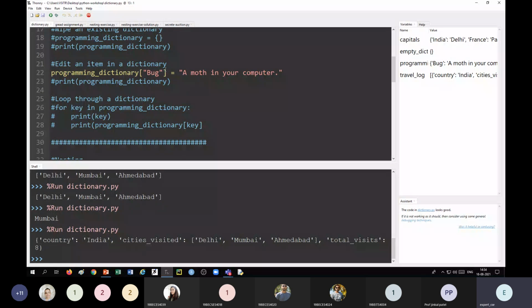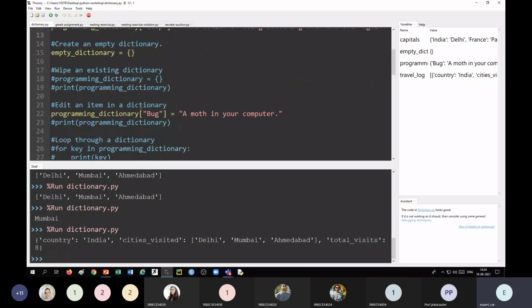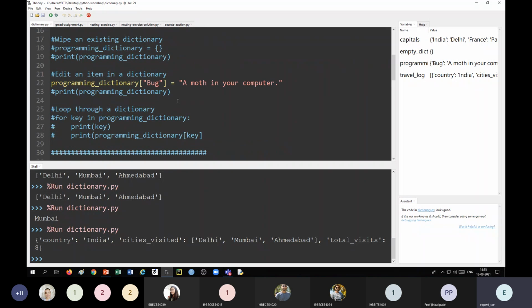Now suppose we add an element in the same way as we have added this, and the key already exists, then the key value will be changed. So we can change the key value the same way as we add an element. But the difference is that here the key must exist, whereas in case of insertion, the key will be a new one. I think up to this step we have already discussed.